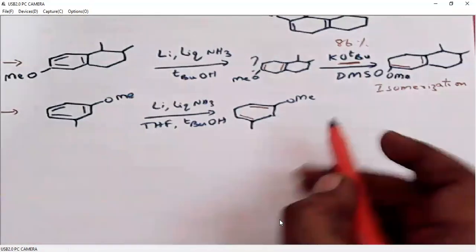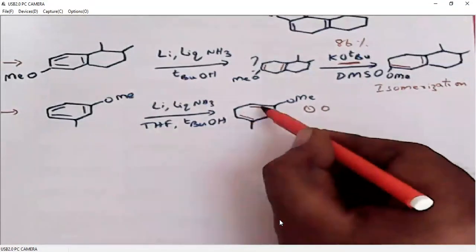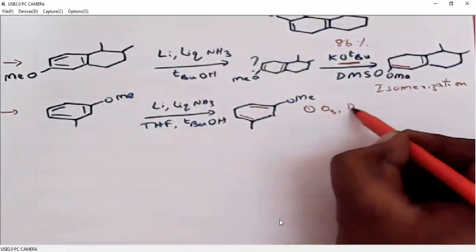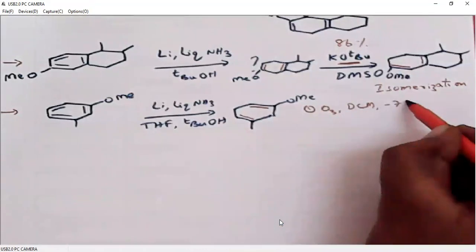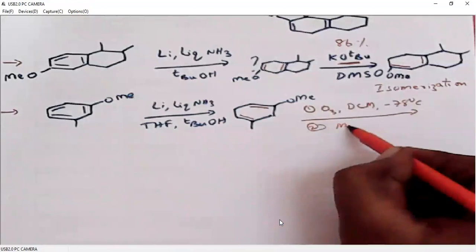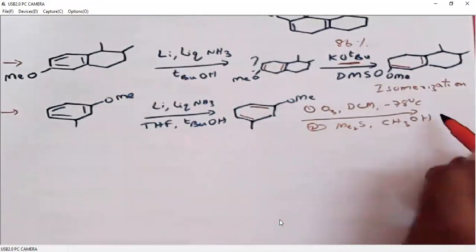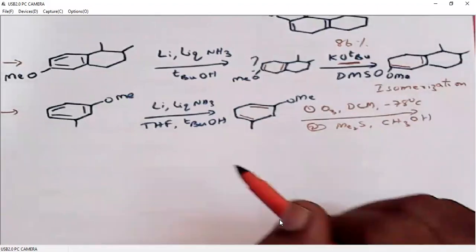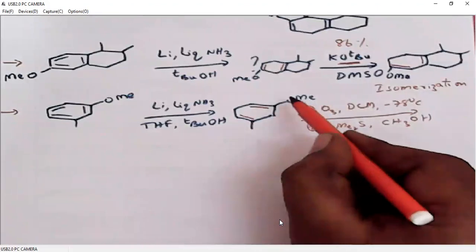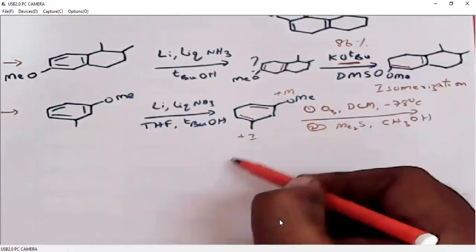Then we can extend this product. For example, since it is an alkene, we can do an ozonolysis reaction under mild reduction conditions, that means to give aldehydes and ketones. So here we have two different double bonds. Of course, both are tri-substituted, but one has a plus M substituent, one has a plus I substituent.